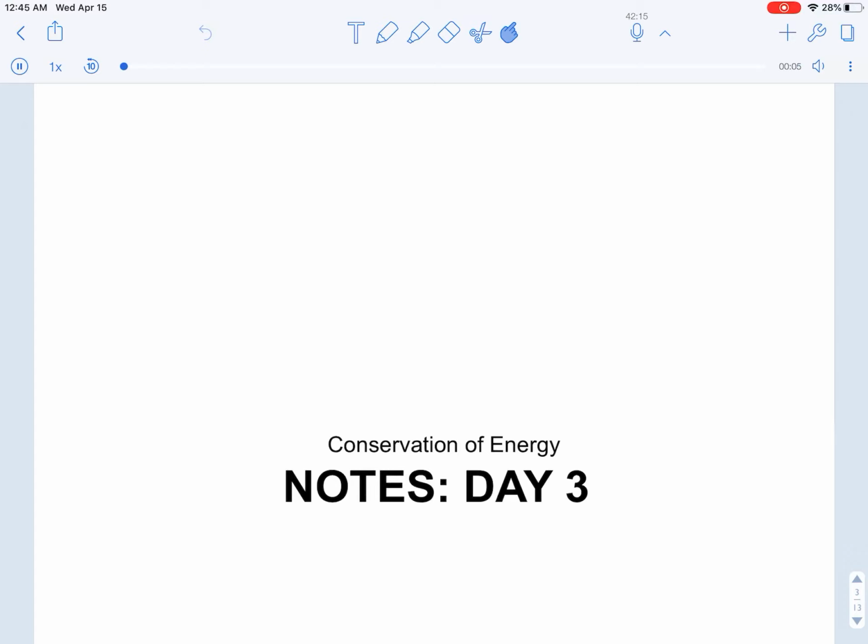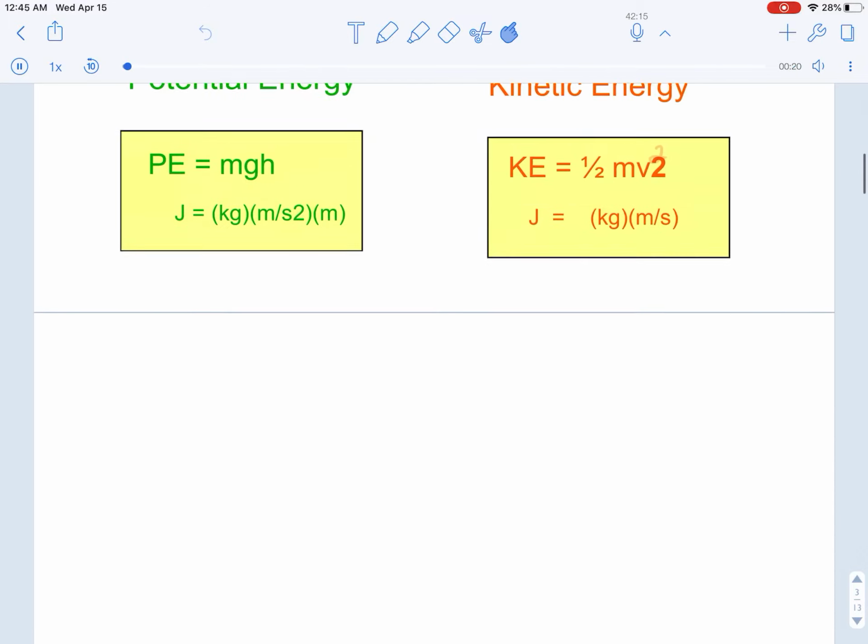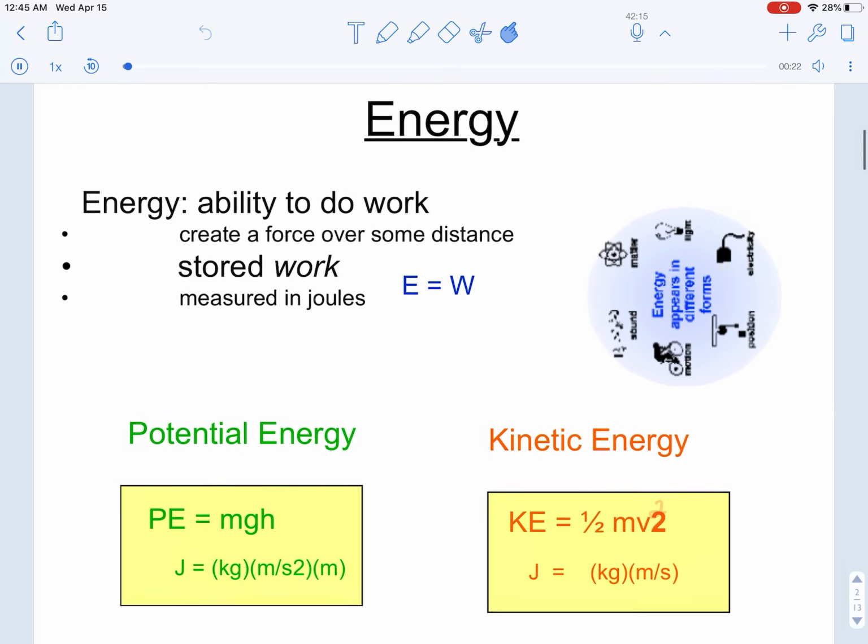Hello, everyone. I am here today to talk to you about conservation of energy. Hopefully, by now, you have done the notes for day 1 and day 2. So, just to recap very briefly, we are going to be discussing energy in 2 main forms in